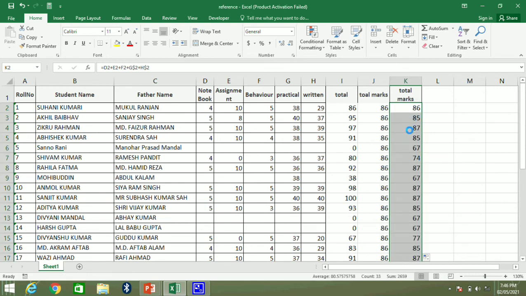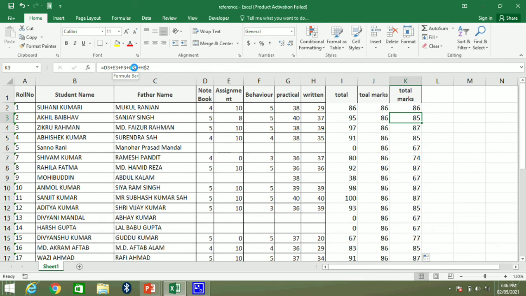There are some differences between the results. What is the difference? Some portion of the formula automatically changes and some does not. Let's see in the formula bar: before the 2 in the G column we have added the dollar sign.